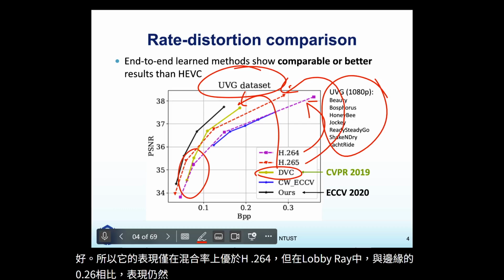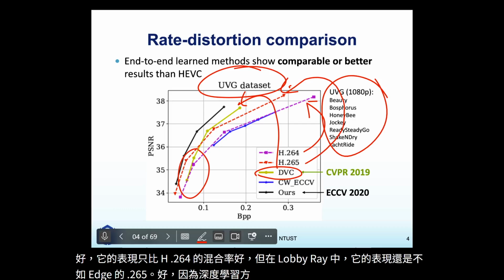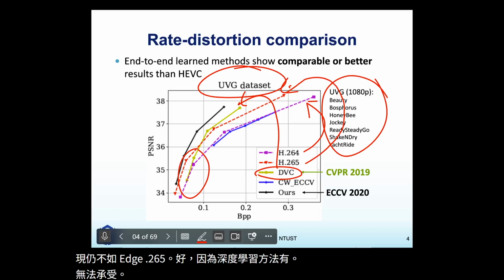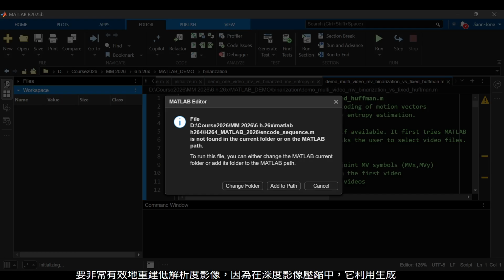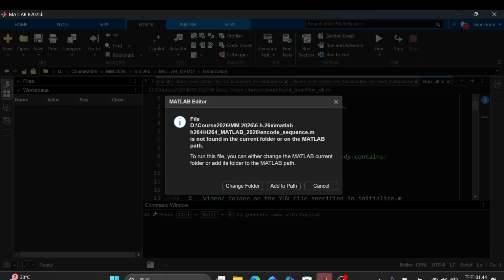Okay, because the deep learning method has its inability to reconstruct a low resolution image very well, because in deep image compression, deep video compression, it utilizes the generating method to reconstruct the image information, so that if the